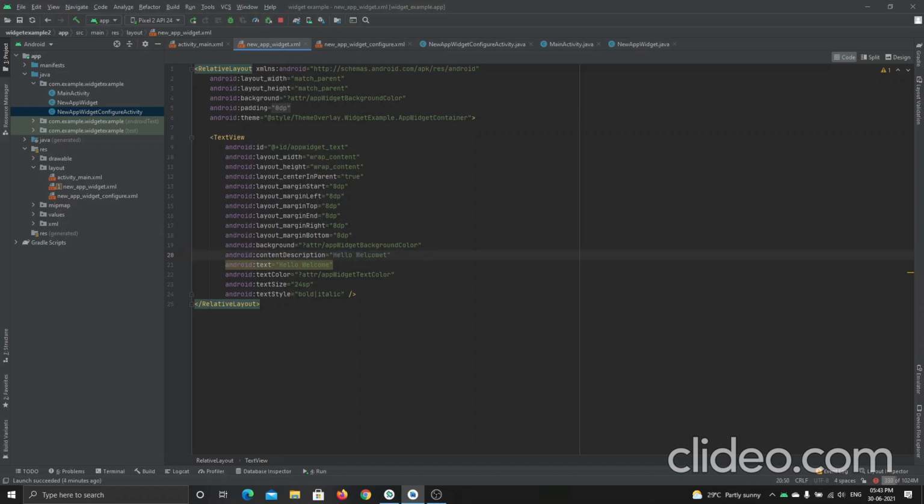So you can change the background color also. I won't change it. I'll let it be whatever it is now. What I will do is extract it to the string resource.